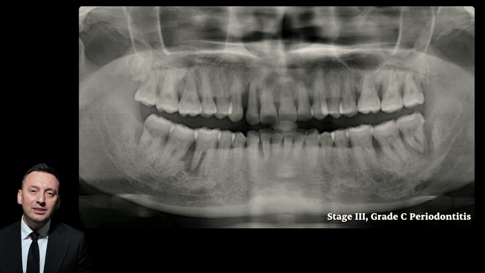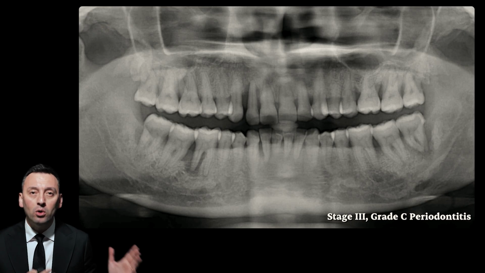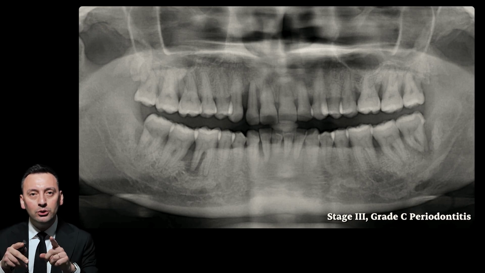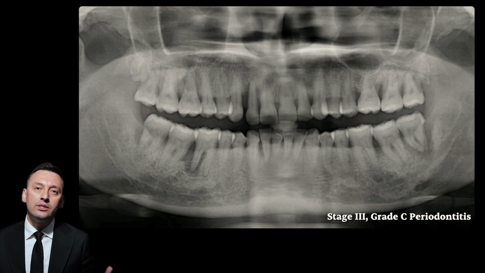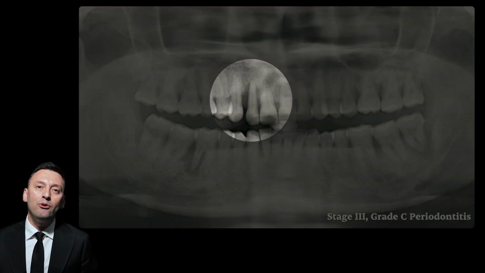In the 2017 World Workshop, we had the new classification. Even if you don't know this classification, this is aggressive periodontitis in the old classification, and in the new classification, it is stage 3 grade C periodontitis. And once we discuss whether you are going to perform an immediate implant for number 12, we